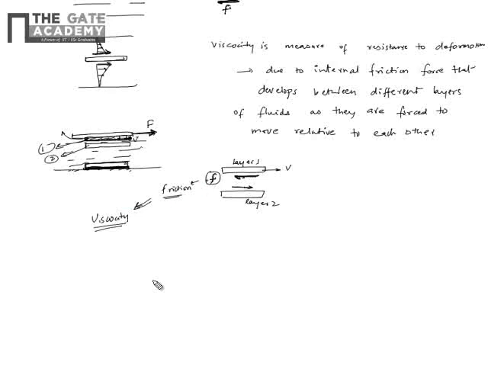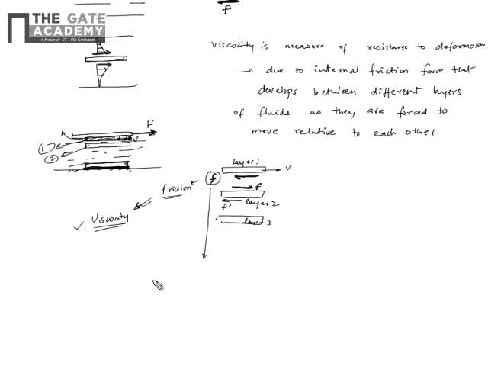It's the same experiment whether you do it in air or in water, but the value of this friction force will be different, because the viscosity is different. That comes from the property of the fluid. So now layer 1 will exert the same force F on layer 2, but then the layer below, say layer 3, will try to oppose with some friction F dash.